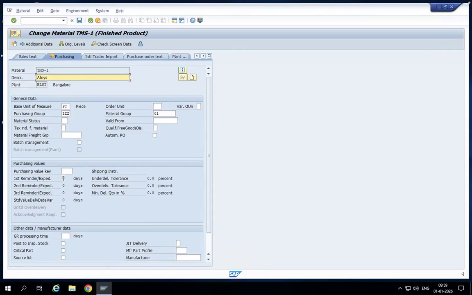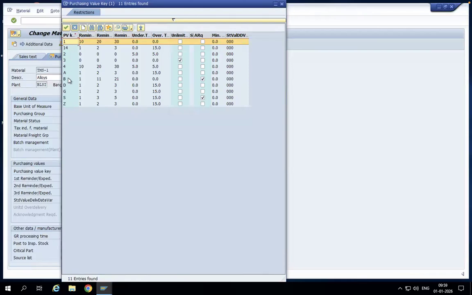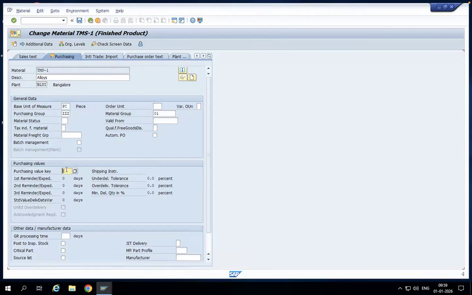Now, I cannot key in the number of days here directly. As you can see, the screen is grayed out. This can be controlled through the purchasing value key. I can pick whatever is available here. Suppose this is what I had already created. If I pick C as my value key, you can see that we have reminders: first, second, and third. The first reminder says 1 day, meaning from the date of the confirmed purchase order, if we do not receive the